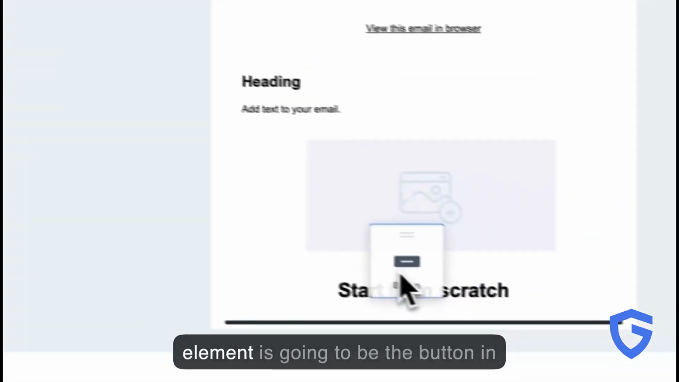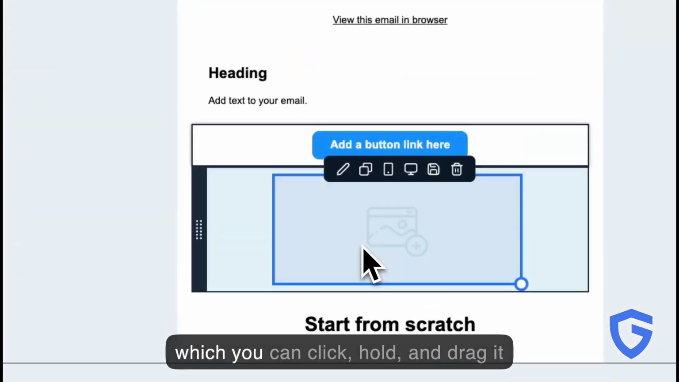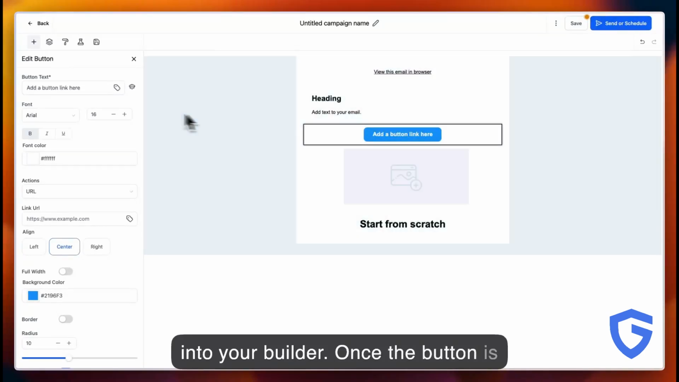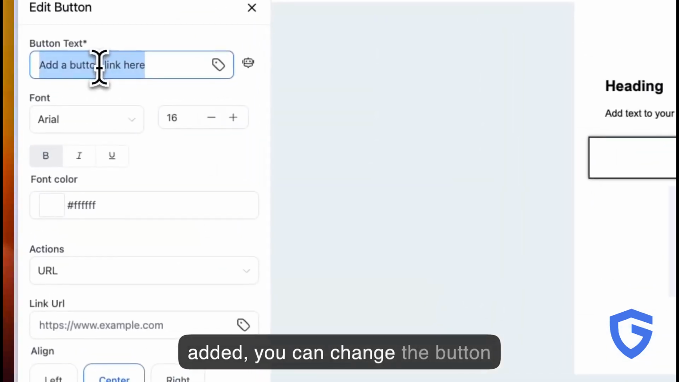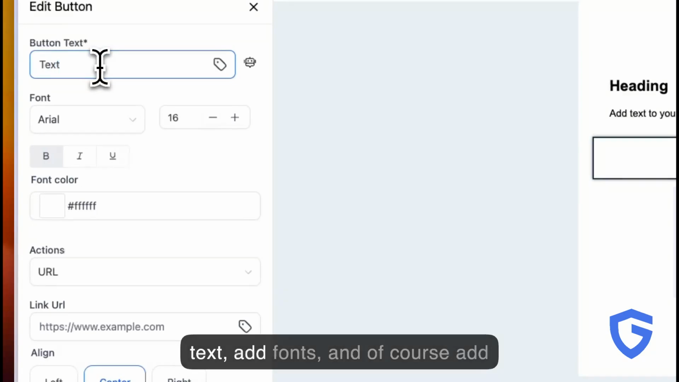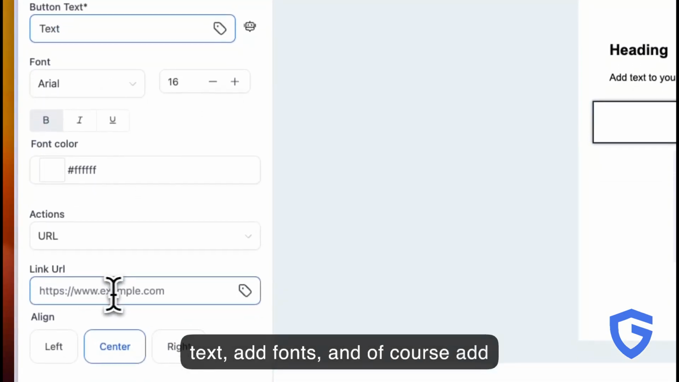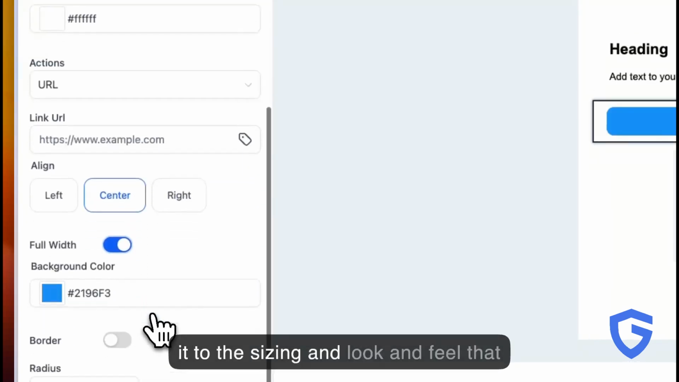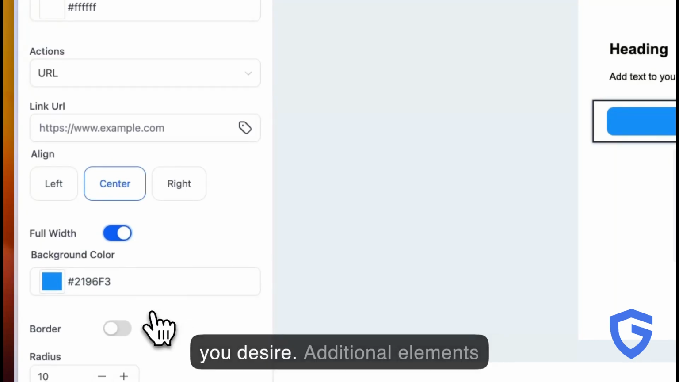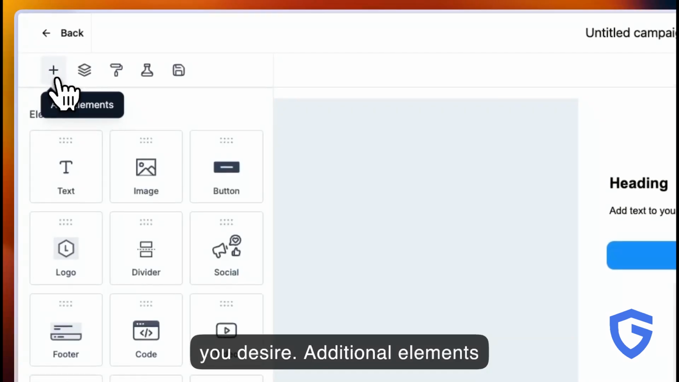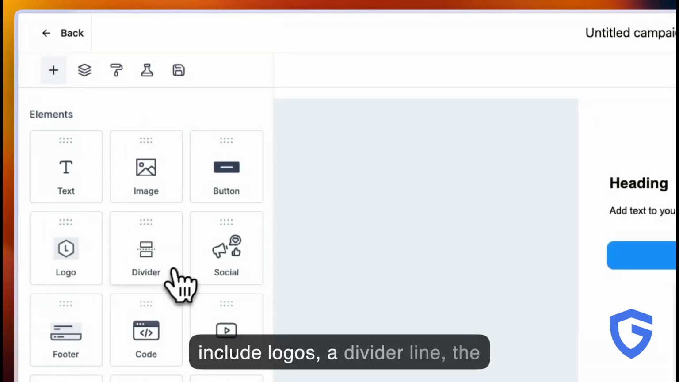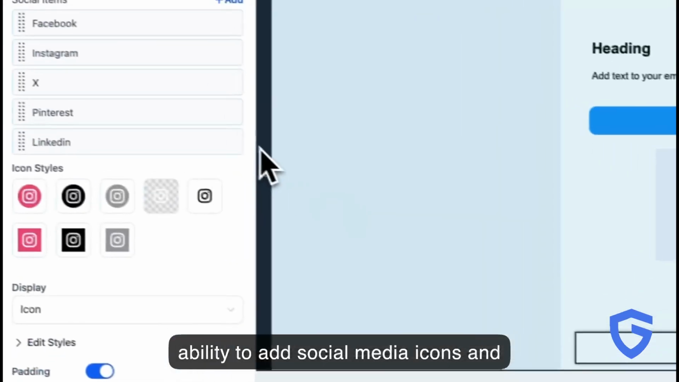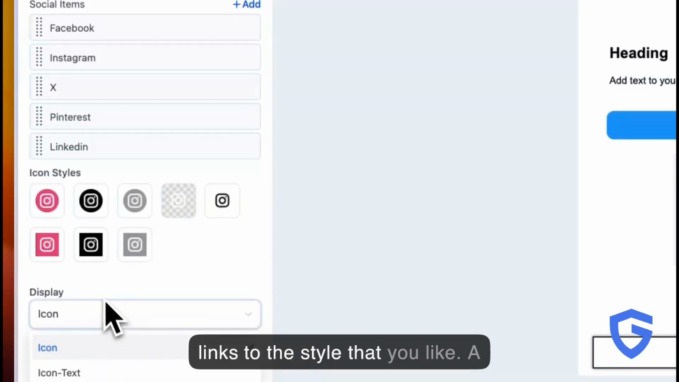Another important element is going to be the button, in which you can click, hold, and drag it into your builder. Once the button is added, you can change the button text, add fonts, and of course, add your link URL. Then you can change it to the sizing and look and feel that you desire. Additional elements include logos, a divider line, the ability to add social media icons and links to the style that you like,